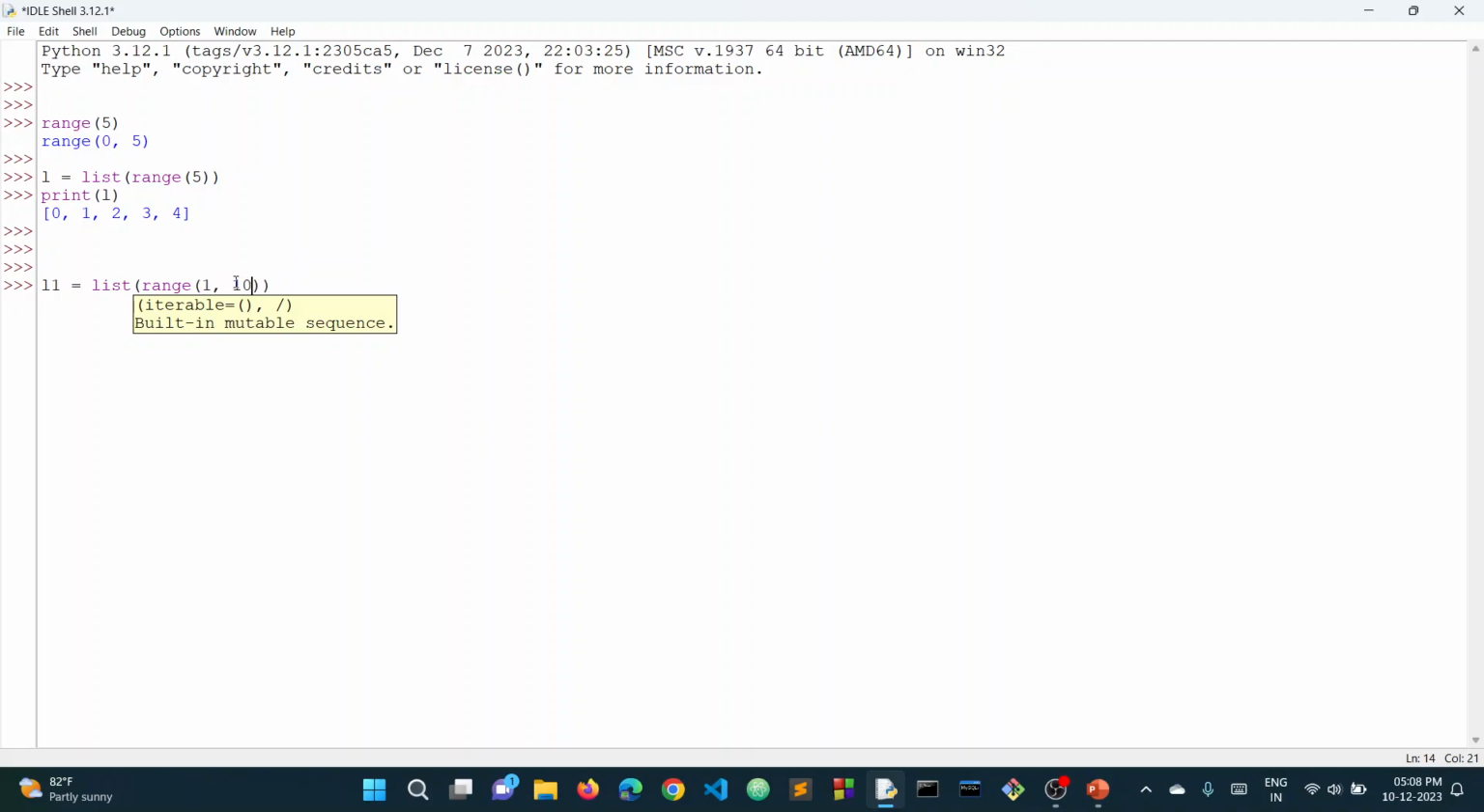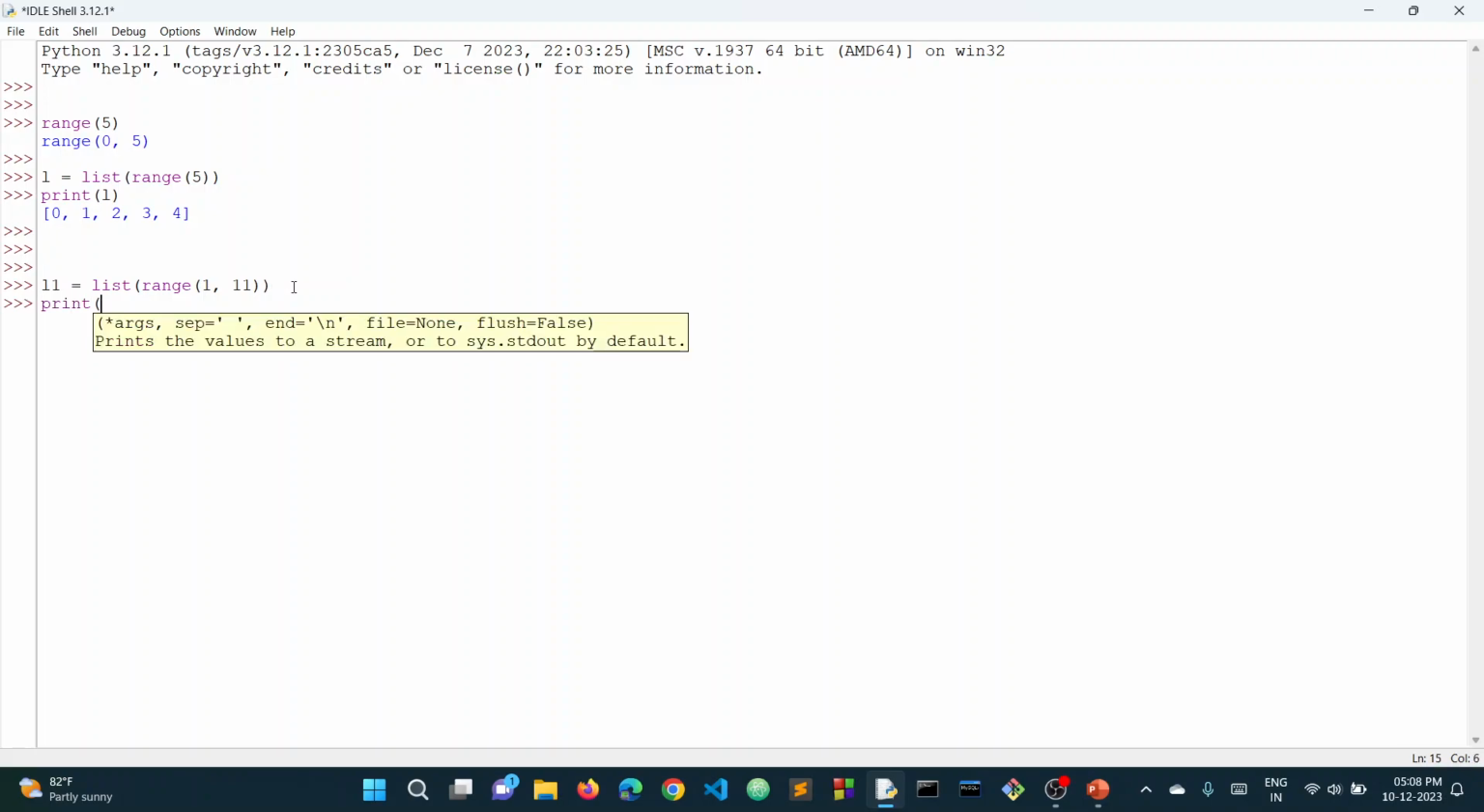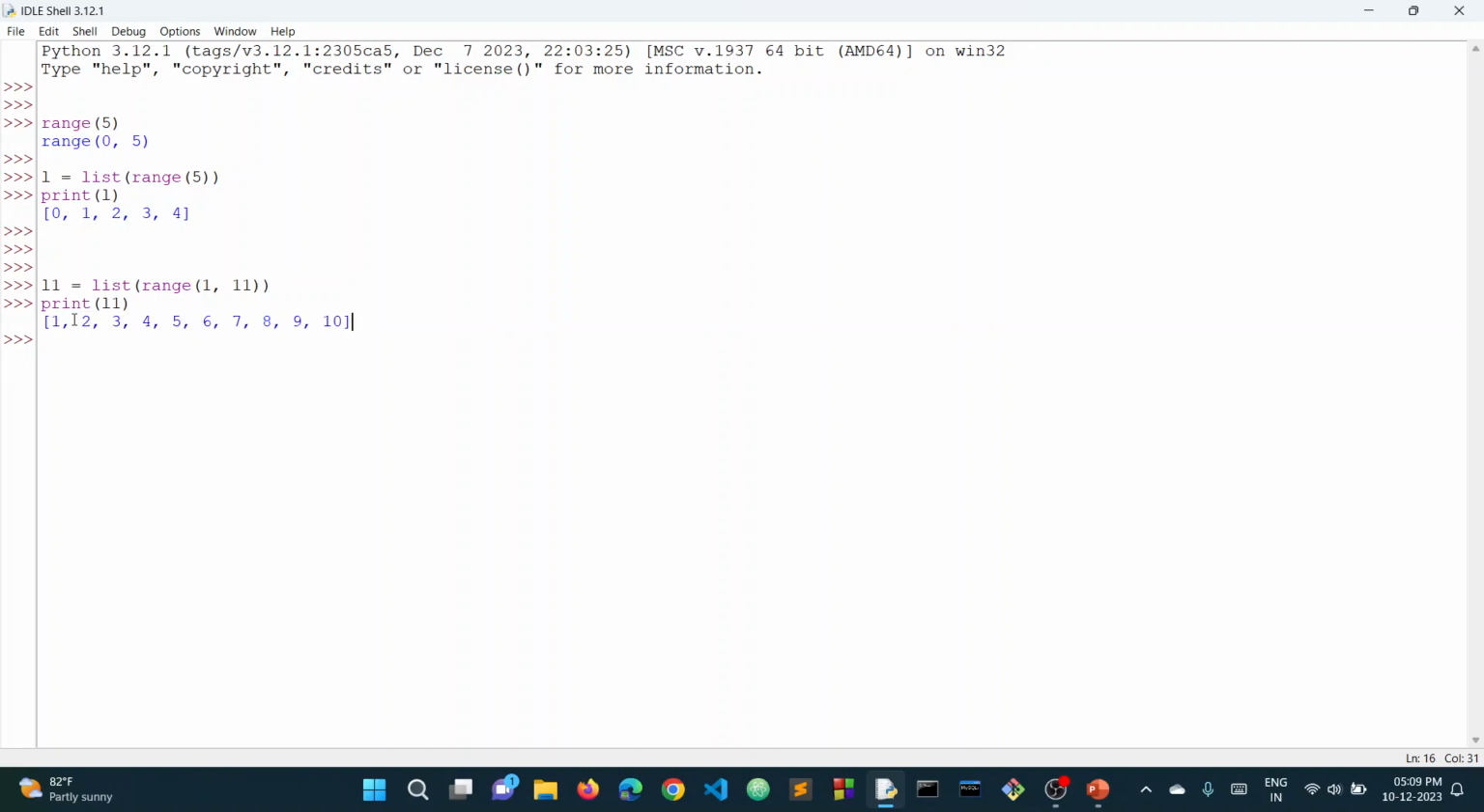But now, if we define the last element as 10, then the range function will generate a sequence that contains only elements up to 9, since it will exclude the last element. So instead of 10, we have to define 11 here to get a sequence that contains elements from 1 to 10. Now if I print the value of L1, here we can see that we have got a list, which is also a sequence in Python, that contains elements from 1 to 10,